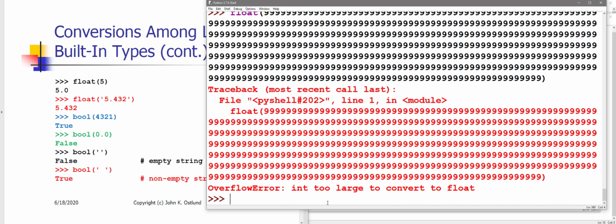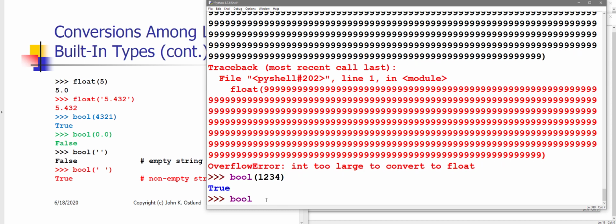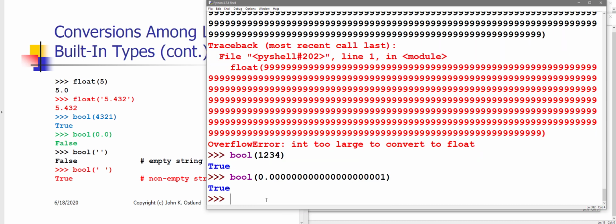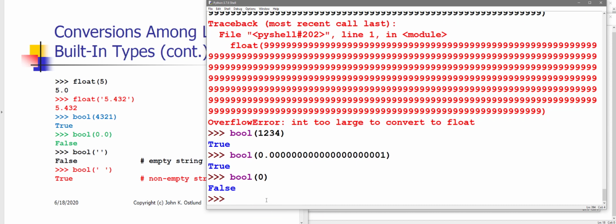All right, so we've taken a look at converting things to ints. We've taken a look at converting things to floats. Now, converting things to bool is interesting. It turns out that where numbers are concerned, any non-zero value converts to true. And it doesn't matter how tiny or how big that non-zero value is. Any zero value, whether it's an int or a float,